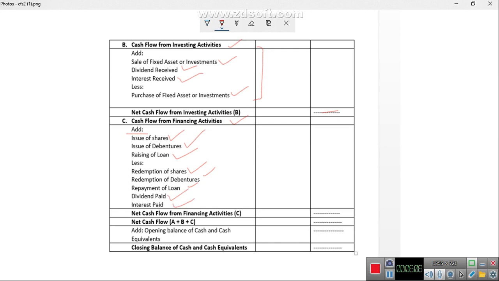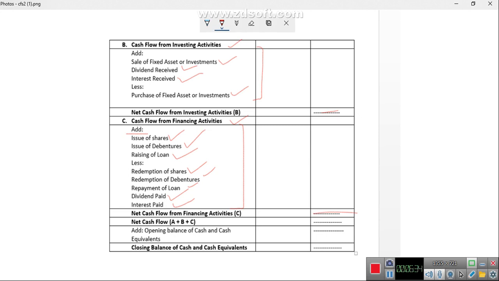If a company is taking some loan, or paying dividend, the company will pay, if the company is procuring funds through shares. So dividend paid and interest paid will be subtracted from cash flow from financing activities. So you will get net cash flow from financing activities after making all these adjustments, and this net amount is the component C, or third component, of the cash flow statement.